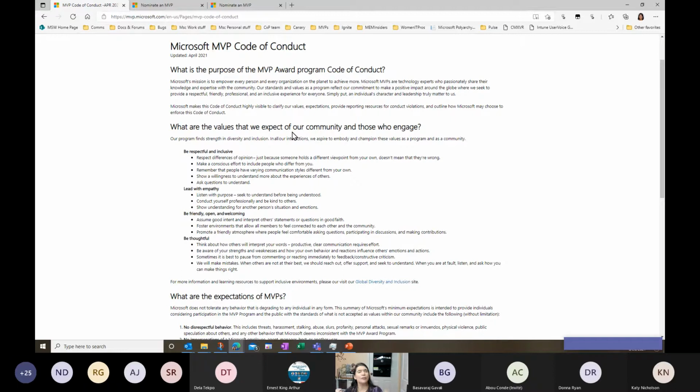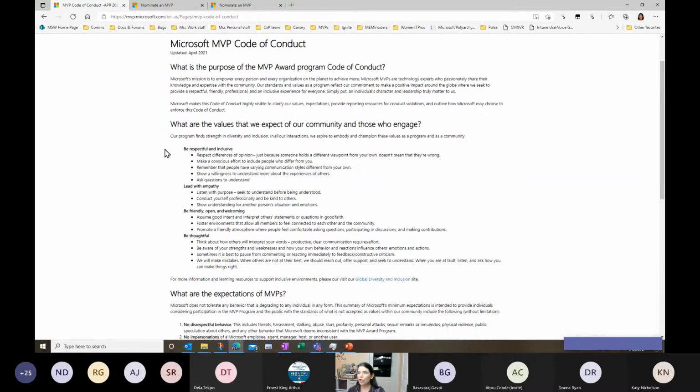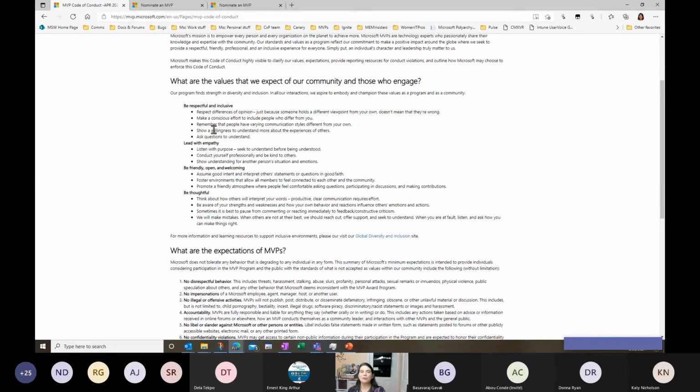We have MVPs of very different abilities in the program, and we have some who specifically focus on accessibility within products, whether or not they need those accessibility features, because Microsoft, as a company, really feels it's important to be accessible. So as I mentioned, I want people to be respectful and professional in all of the public discourse up there.